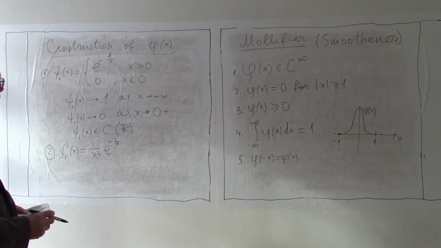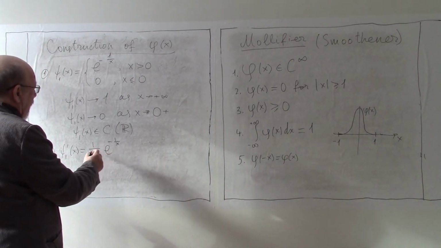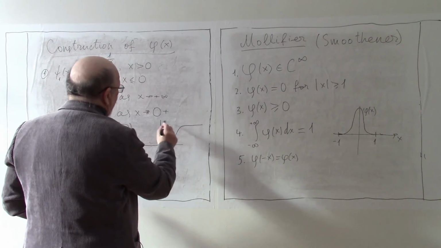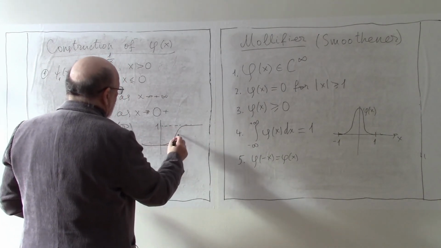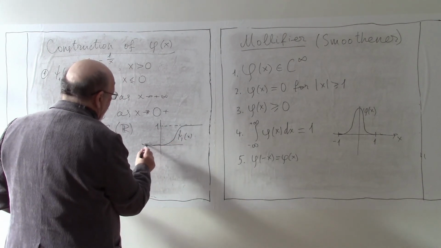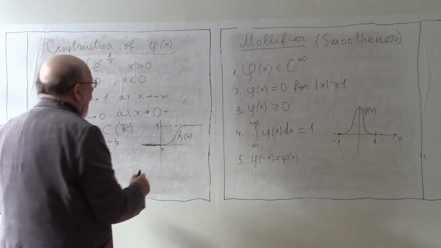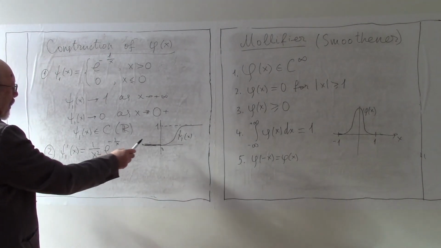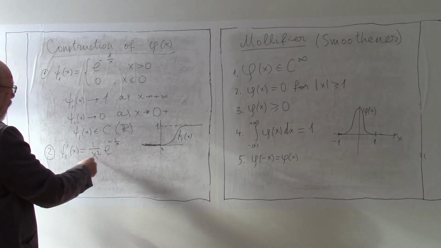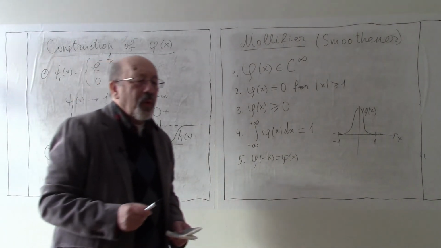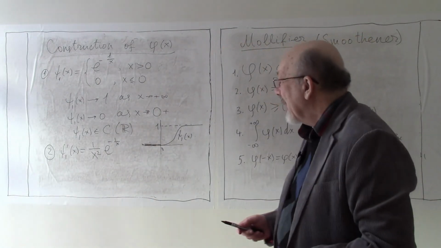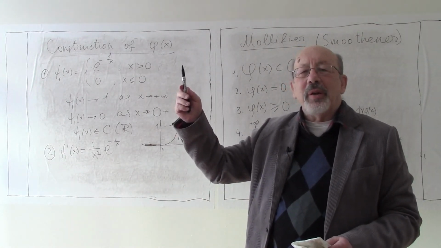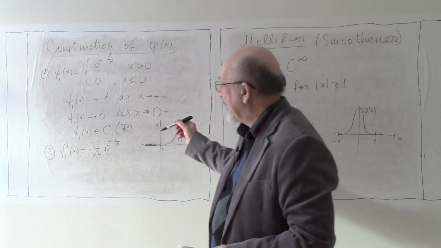So what can you say about this? When x goes to 0, one moment, let me draw the graph of this function, psi1 of x, and here it is 0. So we are concerned with this point. When x goes to 0 from the right, this goes to infinity, this goes to 0. But you know from calculus or from analysis that the exponent goes to infinity faster than any positive degree of x. Or the exponent goes to 0 when